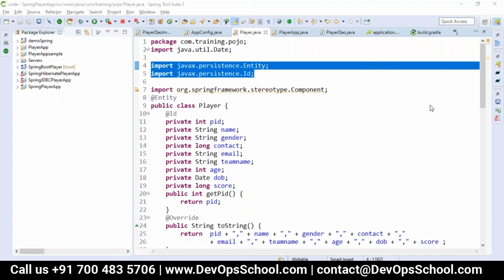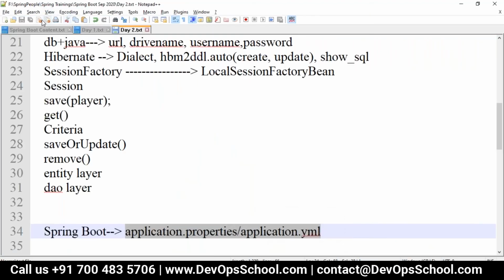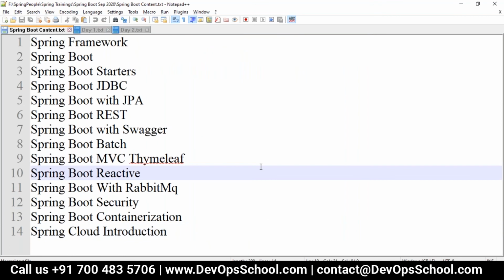Can we once again look into the topics we are covering in these 10 days? Yeah, sure. Spring Boot. Do you want to make any changes?